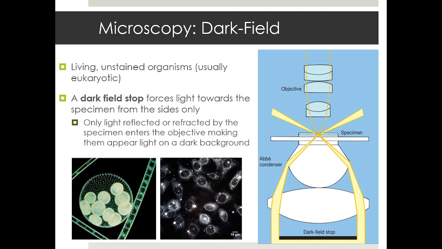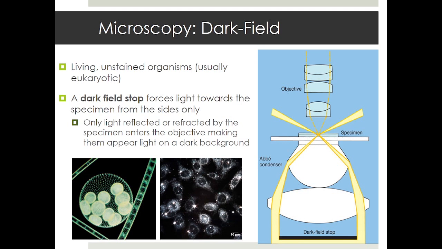Bright field we just talked about, we have killed specimens, they're heat fixed, but dark field microscopy allows you to look at living, unstained organisms and to get a fairly good picture of them. This uses a particular piece of equipment called a dark field stop, which will force light towards the specimen only from the sides. So you'll see a different type of image. And again, depending on what you need to show when you're doing your work in a lab setting, you need to think about what type of microscopy will best suit your needs. So if you needed a living specimen, for example, you would use dark field